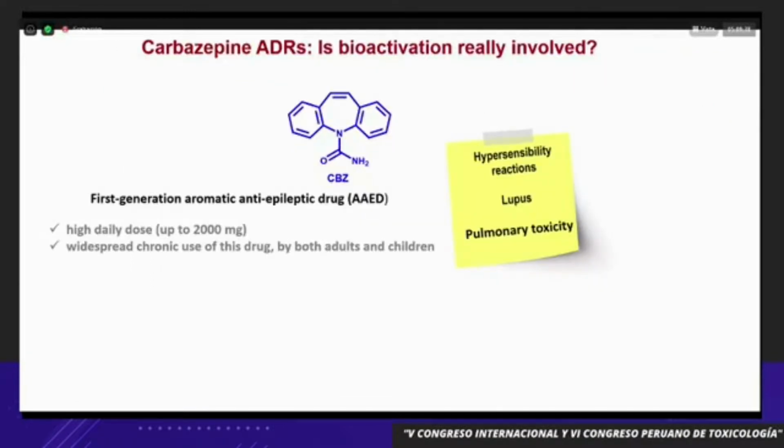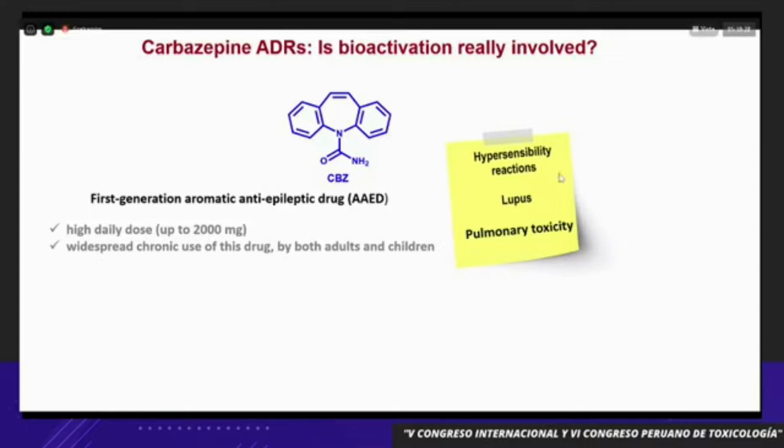So one last example that I would like to share with you is the example of carbamazepine. Carbamazepine is a first-generation aromatic antiepileptic drug that is linked with hypersensitivity reactions, the induction of autoimmune lupus, and also to some extent pulmonary toxicity. The fact that this drug is administered in really high daily doses, and its widespread chronic use by both adults and children, warrants further investigation about the potential mechanisms that can be involved in the onset of